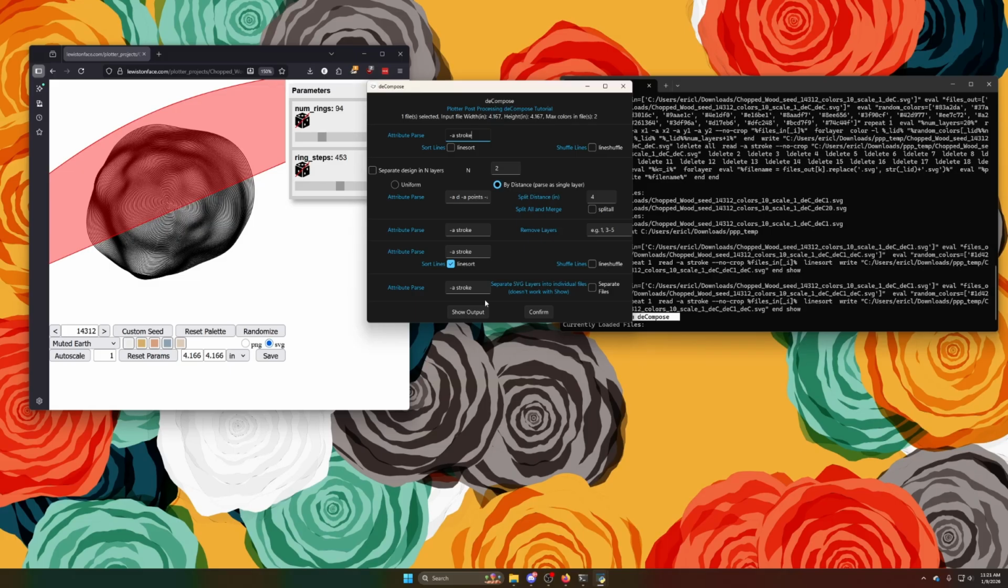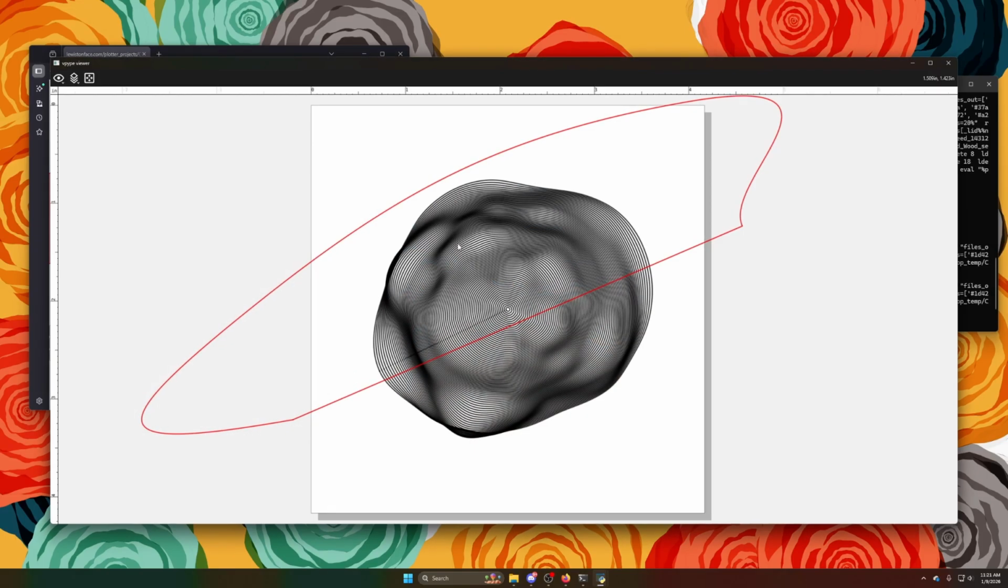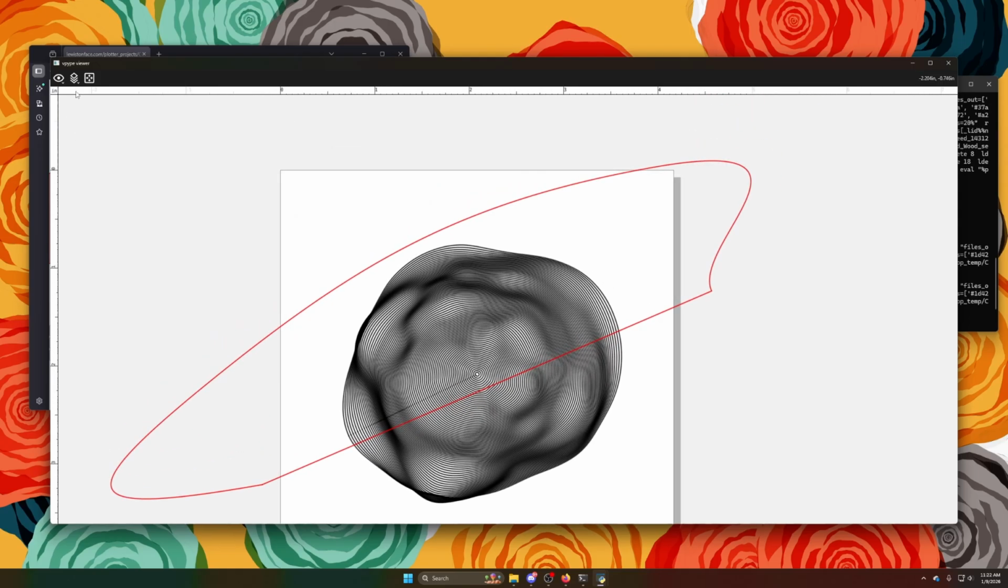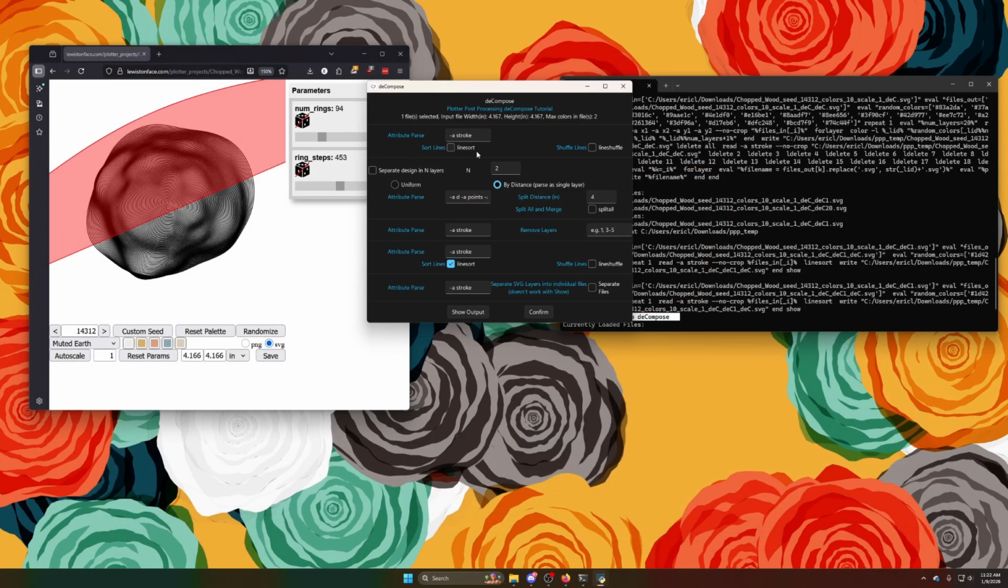And, if I show this right now, that will be the two different layers that we had before. And so up here, I give a line sort and a line shuffle option. Why these are interesting is because I like to use deCompose somewhat creatively when I'm separating into layers. If I show you what it looks like when I separate this into this split distance,